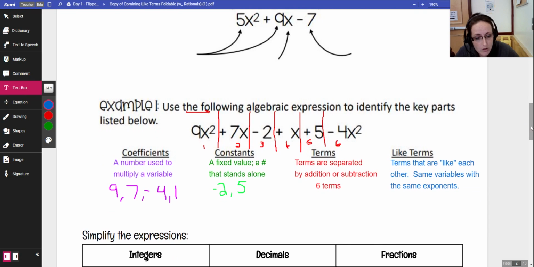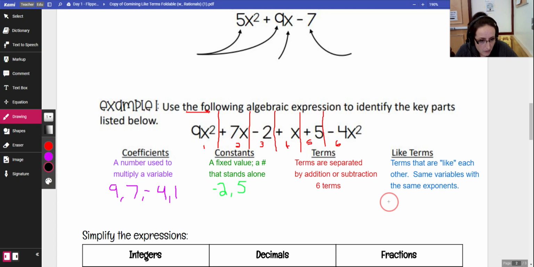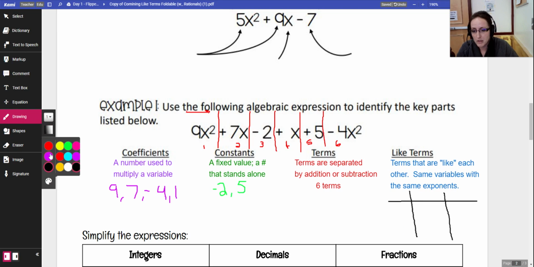I would like for you guys to set up a little table for yourself to identify the different types of terms you have. Now, I already know we're going to have 3 different types, so I'm going to break it up there. Type number 1 will be, let's start at the beginning, x squared terms. So we're going to put x squareds here. Now we're going to list our x squared terms. So we have